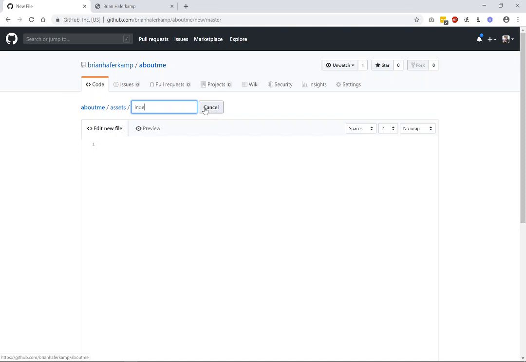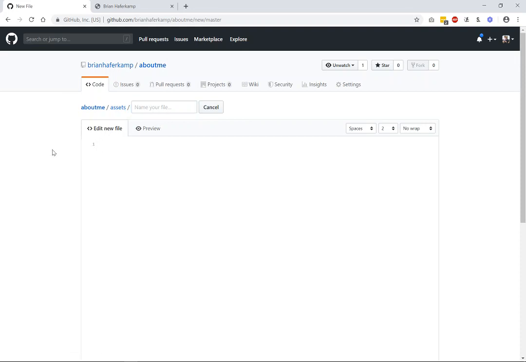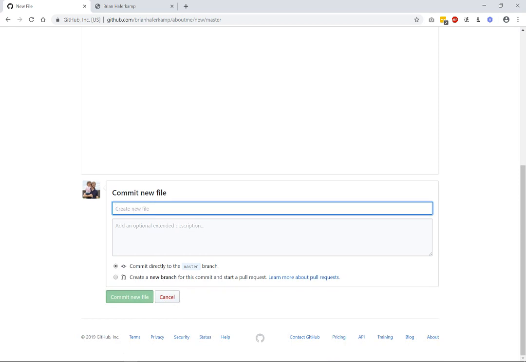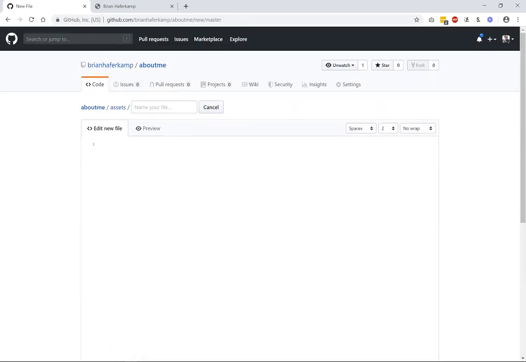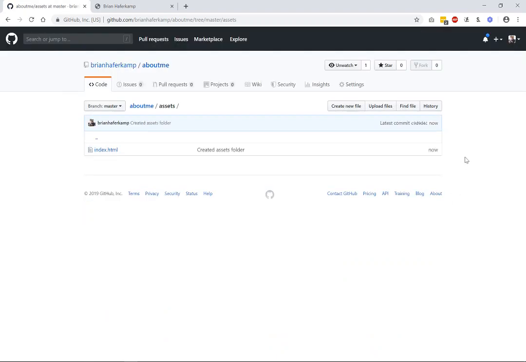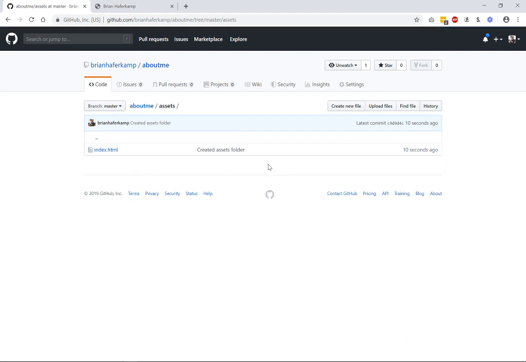I might need to put something in there. Nope, I don't. Okay, so I don't need to do that. I've created my assets folder, and I'm just going to go ahead and just say commit, but you can see it's not allowing me to do anything here, so I do need to put some sort of name in there. So once I put that in there, I'm just going to say commit. I'm not sure why it's not allowing me to do this. It's very weird. So now my assets folder has been created, and I can click into that,